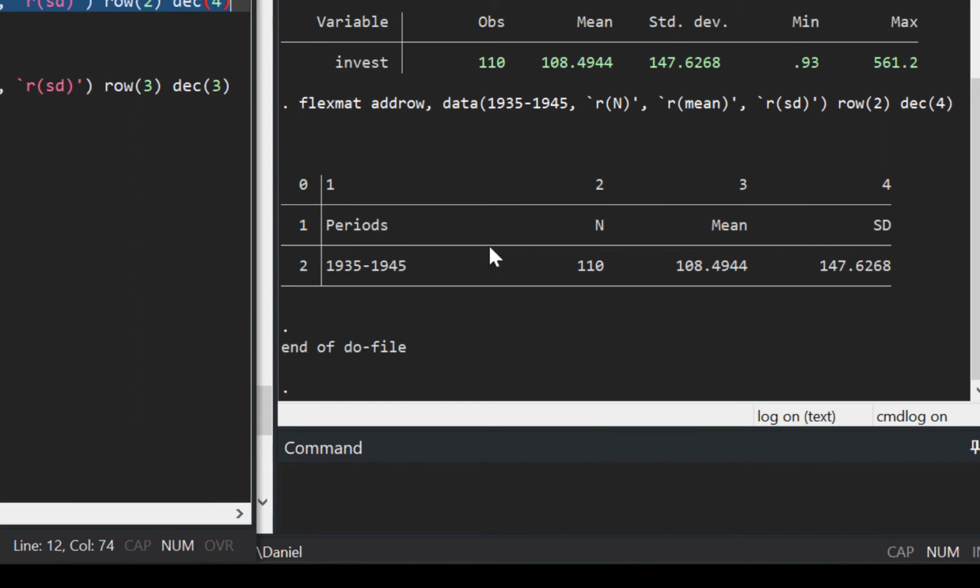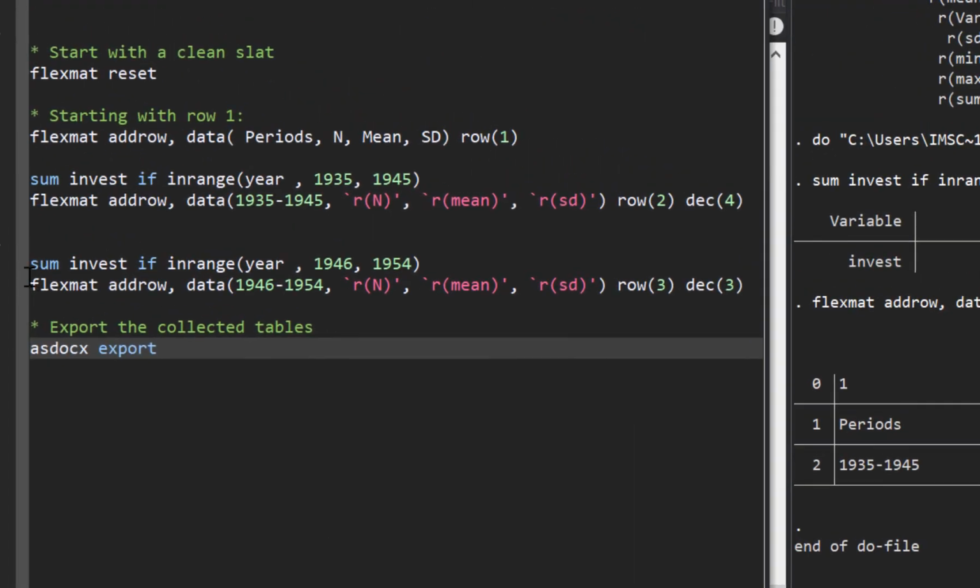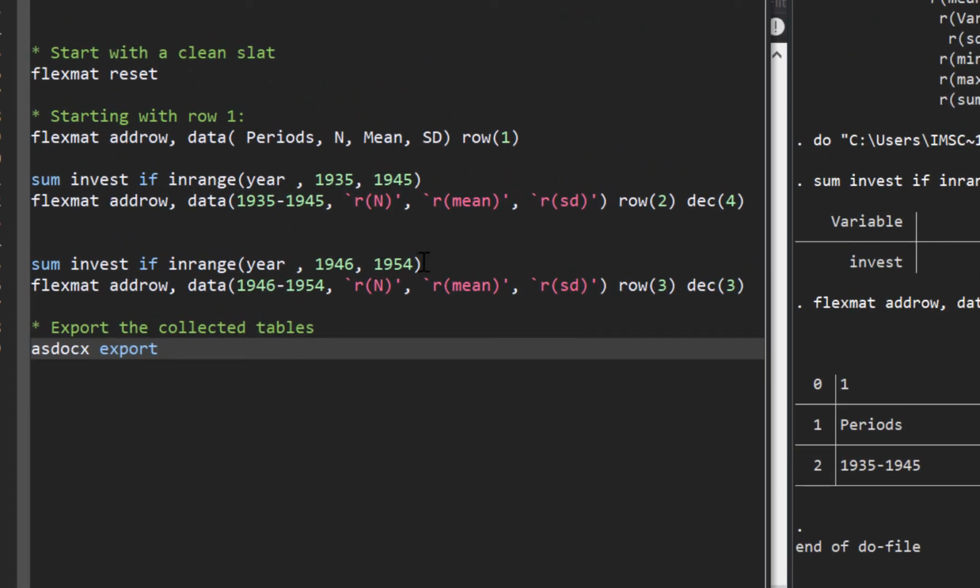The first row we had created earlier, and the second row now has this text which we had wrapped in the data option. Similarly, if we want to add another row, again from the sum command, this time we want to find statistics for years 1946 to 1954.